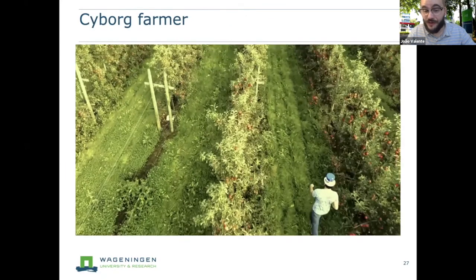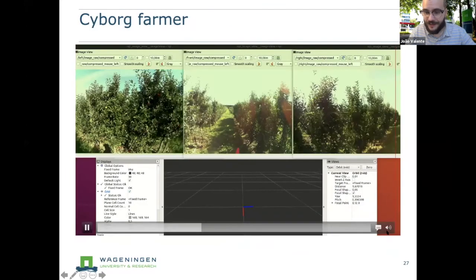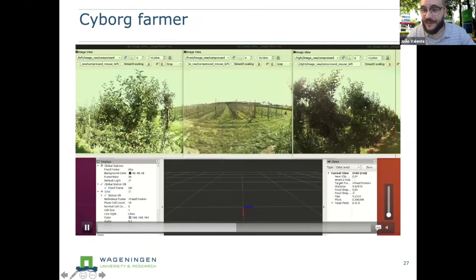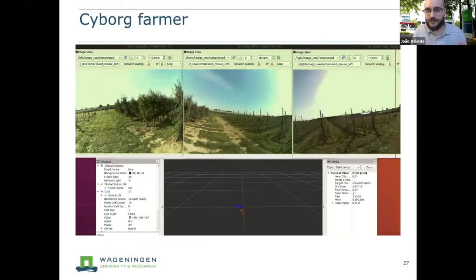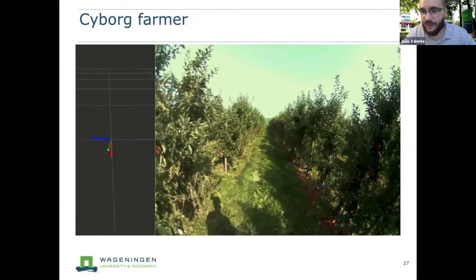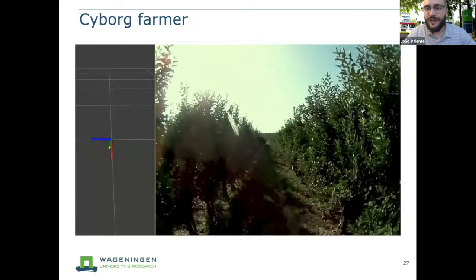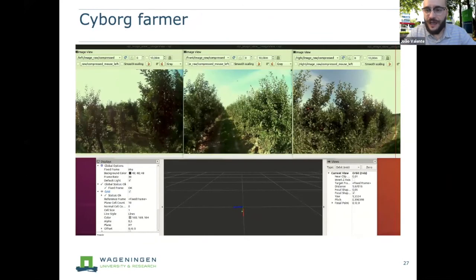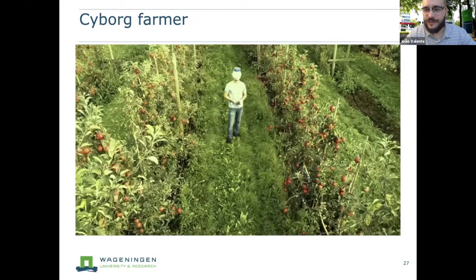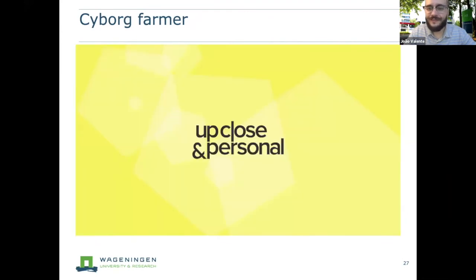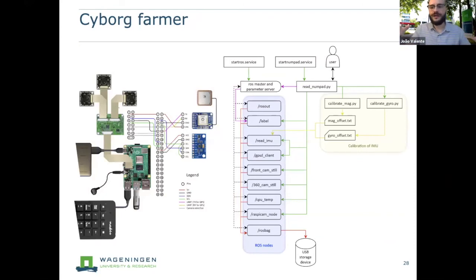So the cyborg farmer, as you can see, half man, half machine, all the core done in Robotic Operating System, is a new idea, a new concept, how to monitor agricultural sites, but also at the same time how to make humans and machines collaborate on the field.